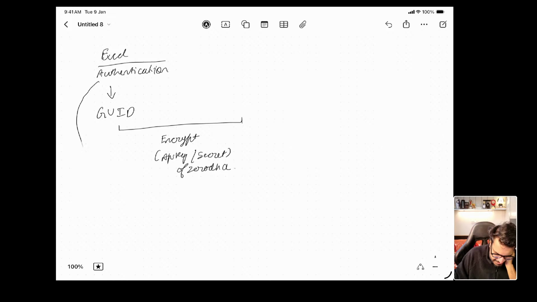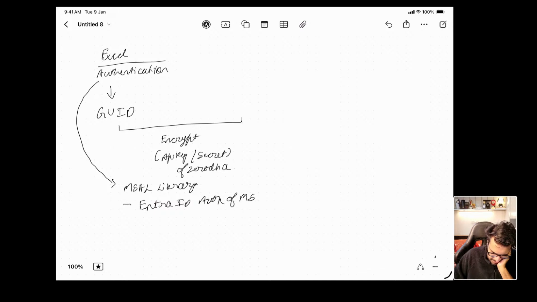And this authentication is through the MSAL library, which is the Entra ID authentication of MS. So basically, you do an authentication, you get the GUID, and then you will encrypt, and then you save it into the database. Once this is done, then we will do through Excel the